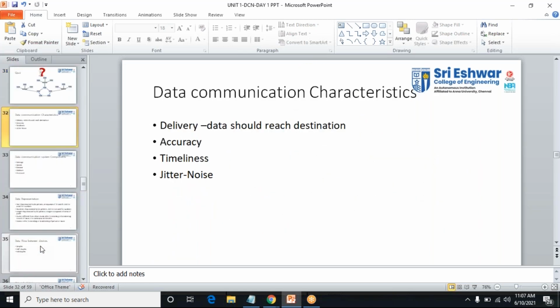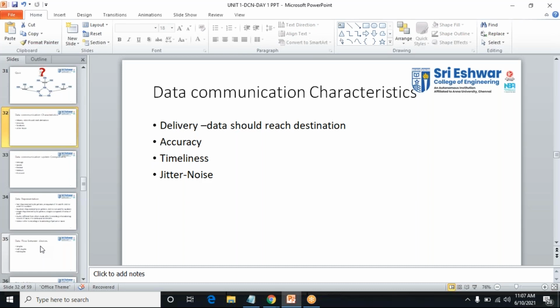The first and foremost thing is that when you have data communication, you want to know the characteristics. You want to know why we are using this, or what the functions of those things are. We know it, right?